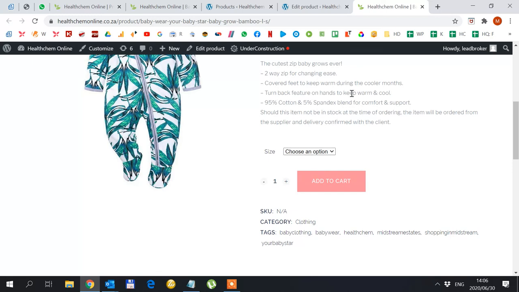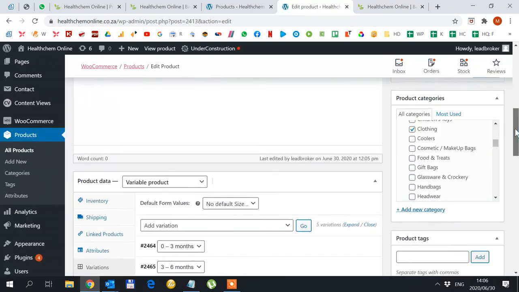And the same goes for color. If you have different color options, the same applies, exactly the same applies. And then of course on this side, if it's different color options,